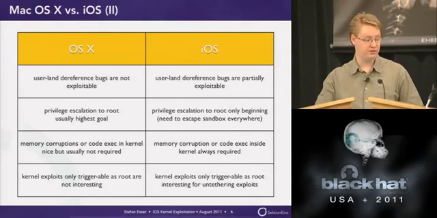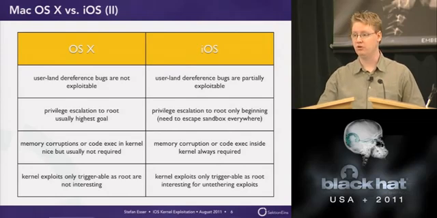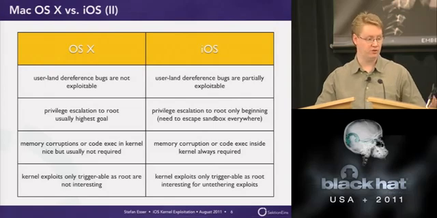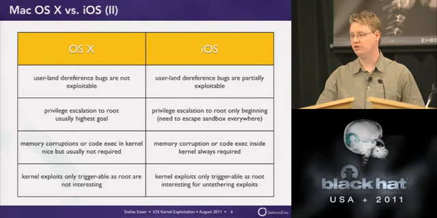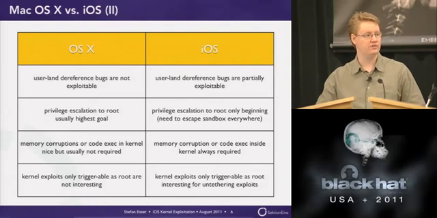When you look at OS X, usually nothing is sandboxed. Nowadays in Lion you have several things sandboxed, but in the previous version there was nothing sandboxed. So the only thing you wanted to have on OS X was to get root. In iOS, that's just the starting point. What you need is code execution in the kernel to disable all the security features. Therefore, on OS X, code execution or memory corruption inside the kernel is nice to have, but it's not really required. You just need a bug that gives you root. In iOS, you always need memory corruption or code execution in the kernel because otherwise you cannot disable all the